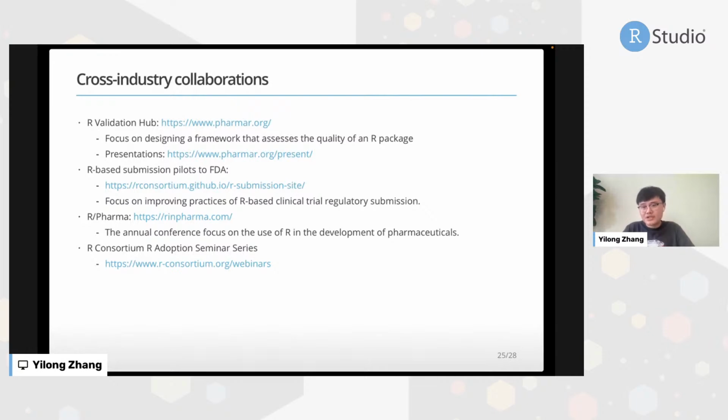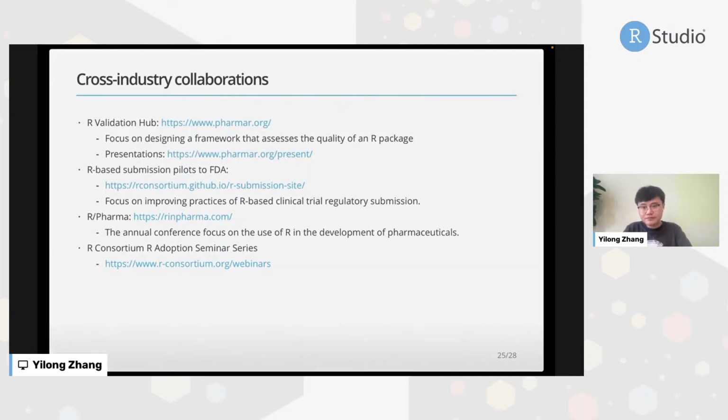And for this talk, we discussed the R-based submission pilot, and eventually more future work. So you're more than welcome to check the website and potentially join and contribute, right? And also our pharma conference is just wonderful. It helps us a lot to organize together, to share ideas and information, and to collaborate. In addition, the R Adoption seminar series tries to share information, including this Meetup. Right. So continuing to share knowledge across the different organizations is important to help shape a better solution